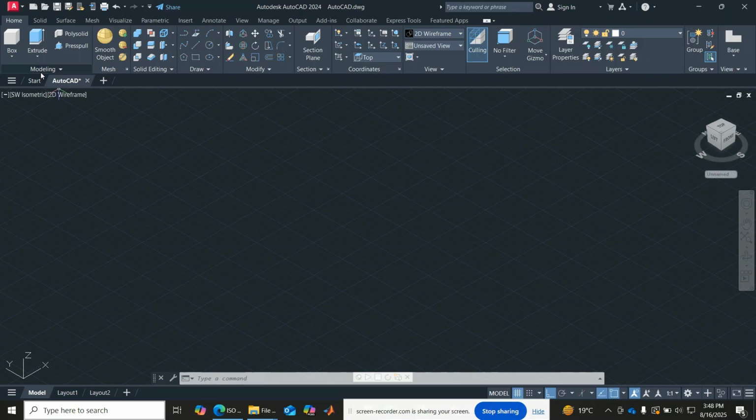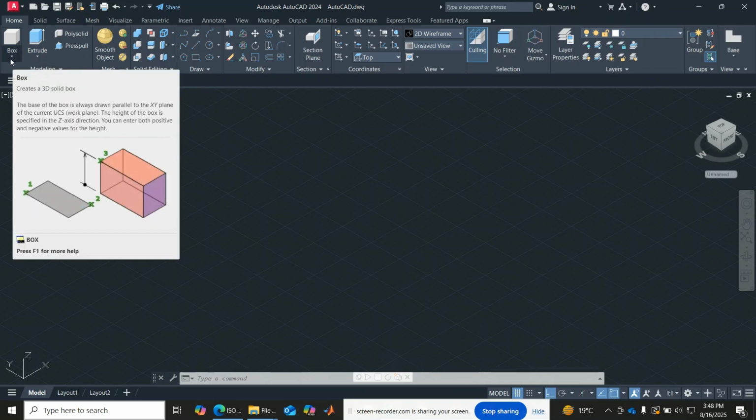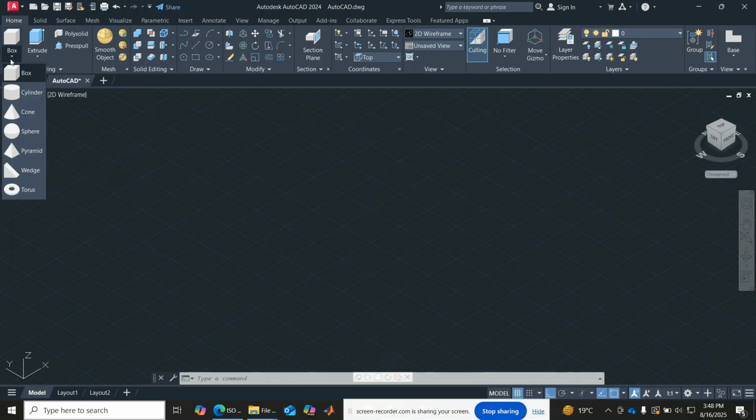Lakini what happens here is, from this box object, in this arrow you will get a number of options of things that you can create rapidly with AutoCAD. For example, let's say we want to draw a box which is a cube of 50 by 50 by 50, that is length 50, width 50, height 50, a 3D box, right? Instead of drawing it manually, as I will show you later on, you can create it with this box